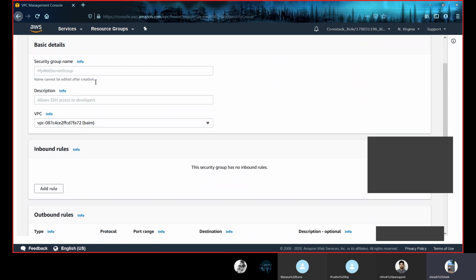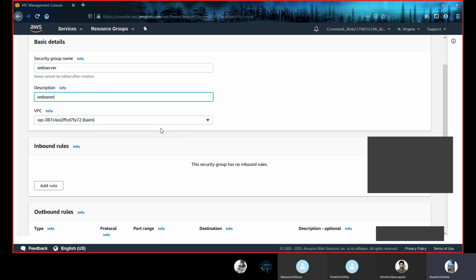First you have to give a name for your security group. Now we decided to create a security group for a web server. I'm naming it web server. In description I'm giving web server. Now here is the VPC, we selected it.